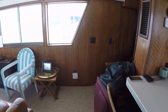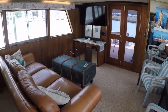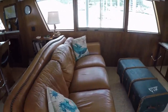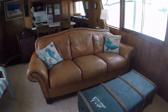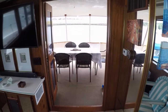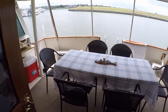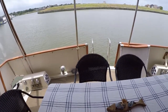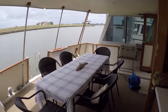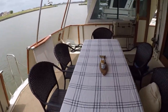Then we'll come around into the living room here, or the salon. And there is the layout of the salon. Continuing on to the back deck, which is probably my favorite area of the boat. You'll see why. This is where I usually work in the morning and hang out in the evening, eat dinner, breakfast,